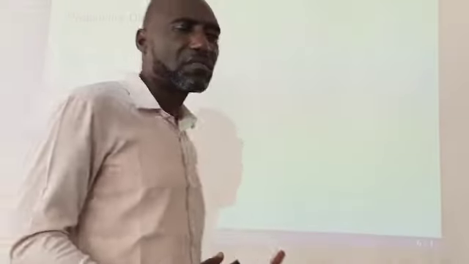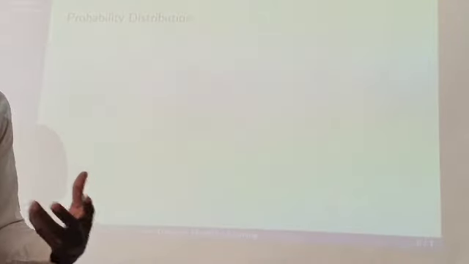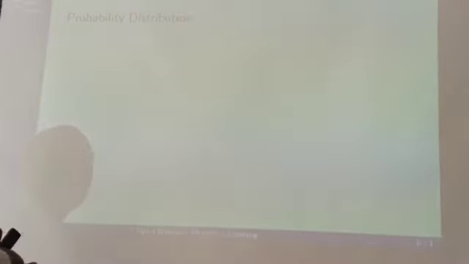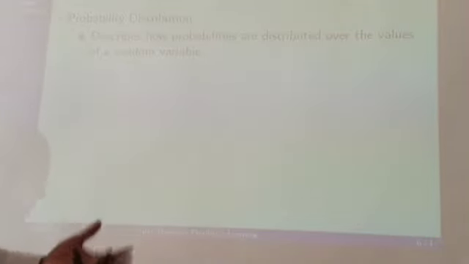Now, we are going to see the key definitions in statistical concepts. Probability distribution. Probability distribution describes how probabilities are distributed over the values of a random variable. Here you have random